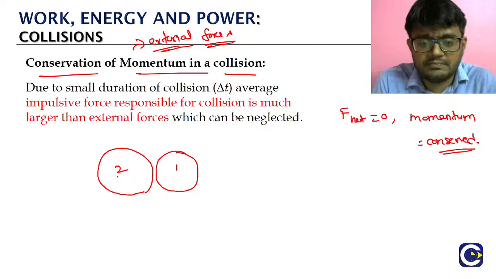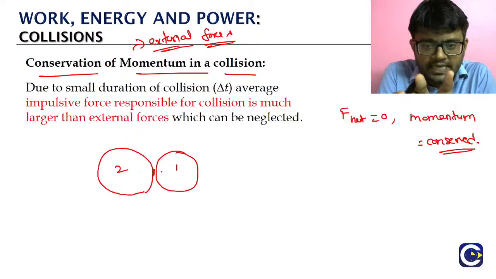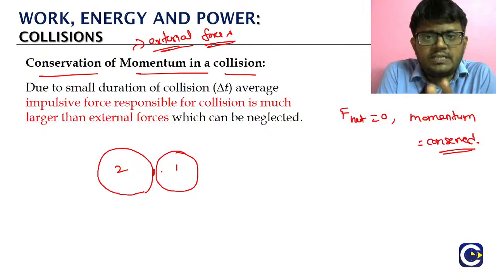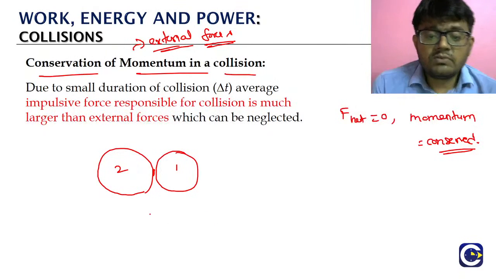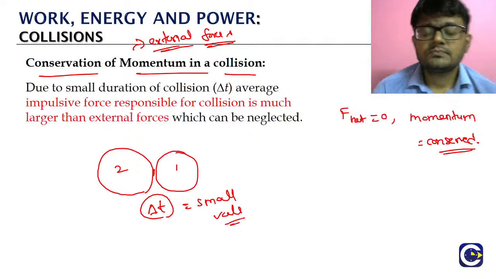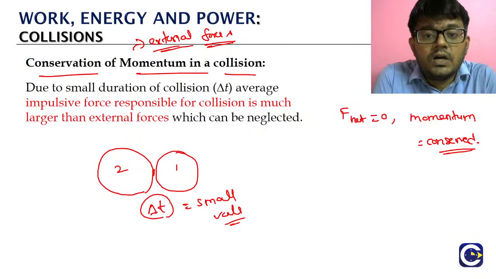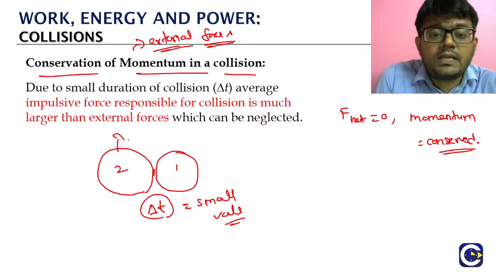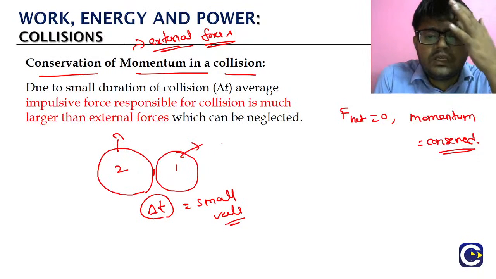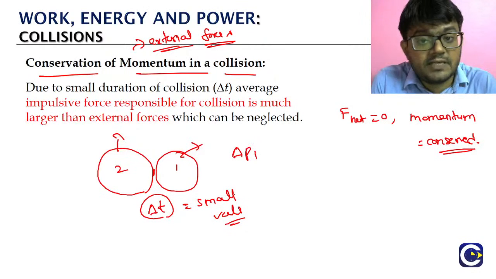This is during the collision, which means from the time they establish the first physical contact, they are going to undergo deformation and then come back. Now this delta t is a very small value, and we said that as a result of the collision, the momentum of the particles will be changing. Let's say the change in momentum for the first particle is delta p1.